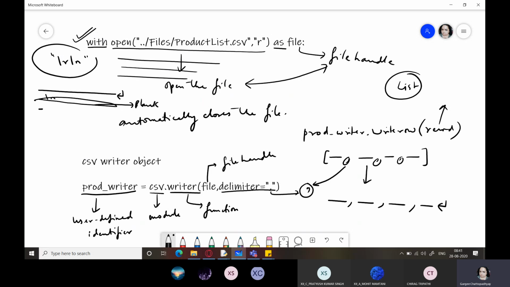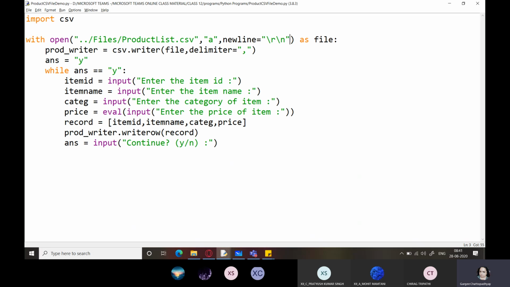This is the default value for newline. Hence we are going to set the newline argument as an empty string. That is, don't give anything in between, right? So we are going to add this empty string over here, and now we are going to run the program.